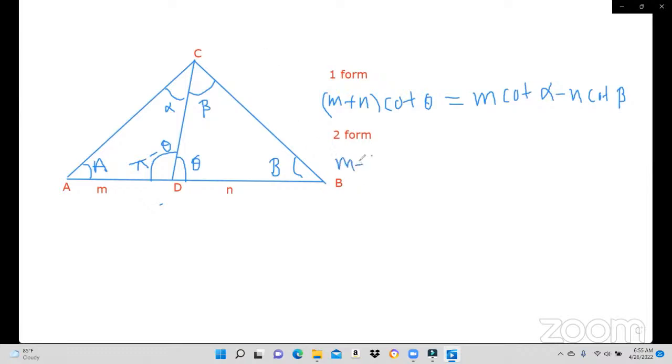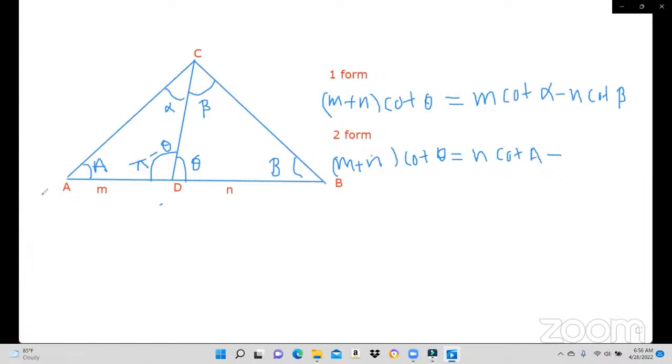M plus n, m plus n. What is that? M plus n cot theta equals, what's that? We have to start with the same place, that is n. N cot what? You have to go to the other side. N cot this angle, that means the angle A. N cot A,